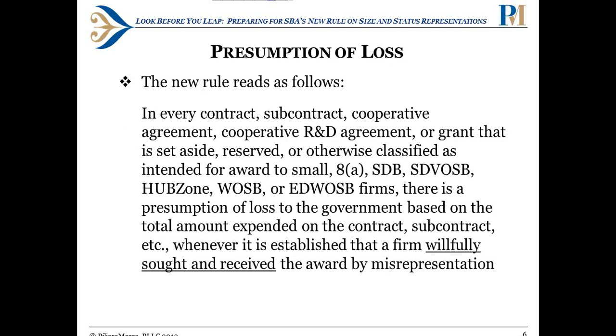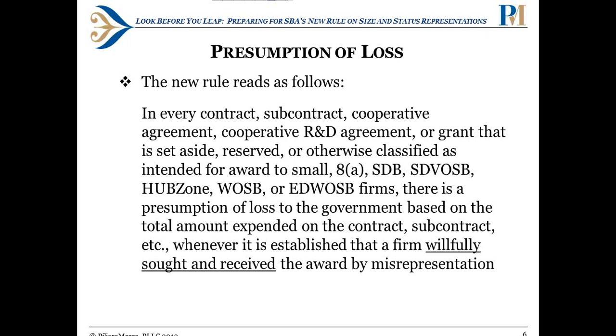So I'm going to start by talking about the presumption of loss provision. And this is not a verbatim quote, but this is essentially how the rule reads regarding the presumption of loss. It says that in every contract, subcontract, cooperative agreement, cooperative research and development agreement, or grant that is set aside, reserved, or otherwise classified as intended for award to small or 8(a) or SDB or SDVOSB, HUBZone, woman-owned or economically disadvantaged woman-owned small firms, there's a presumption of loss to the government based on the total amount expended